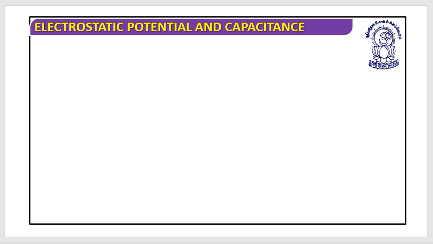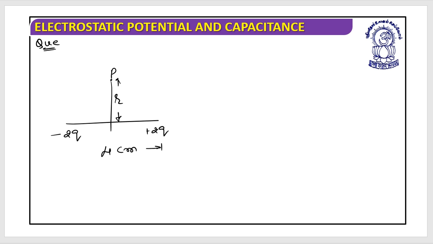Suppose you've been given the data as follows: this is the dipole, this is minus 2q, this is plus 2q, this is point P, their separation is r, and this complete length is 4 centimeter. You've been asked to find out